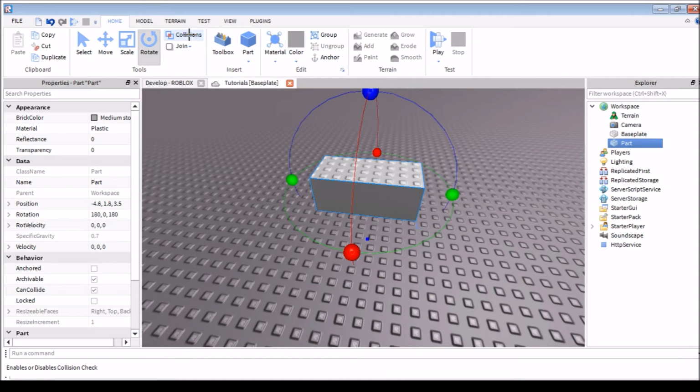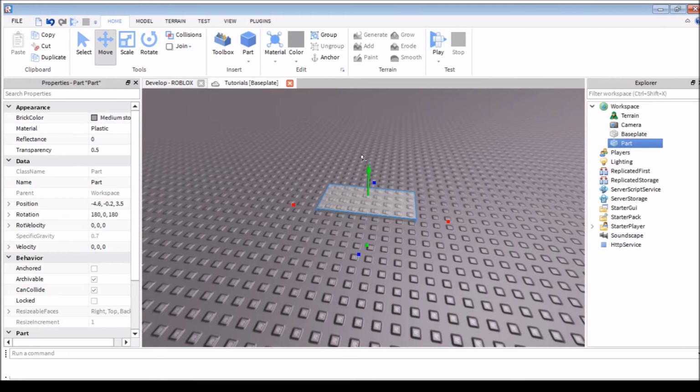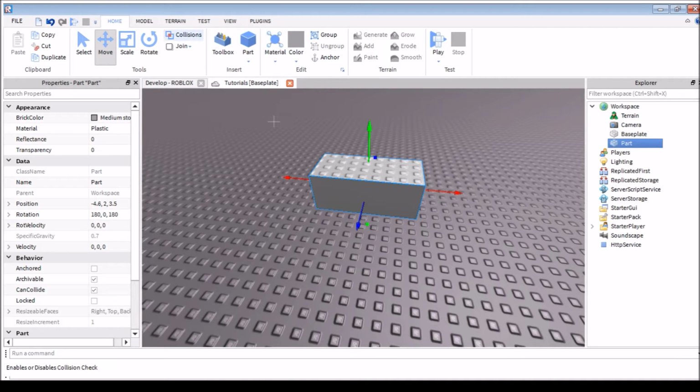So right now, if I went to my move tool, and then I tried to move this through the ground, as you can see, it will go through the ground, or the base plate, and that is because this is unselected. So if you select collisions, one second here. Okay, so if I selected collisions, and then